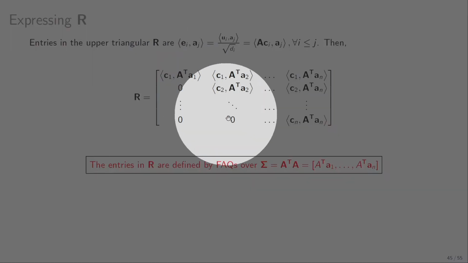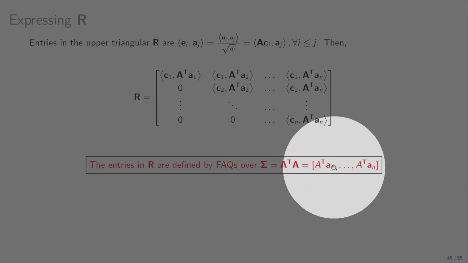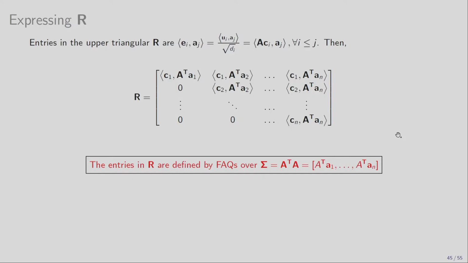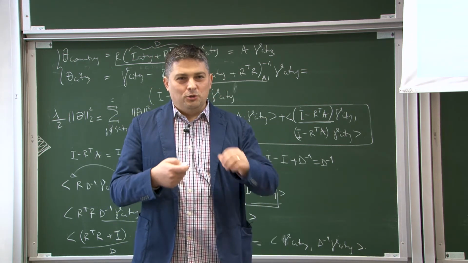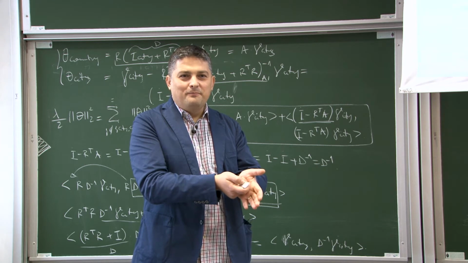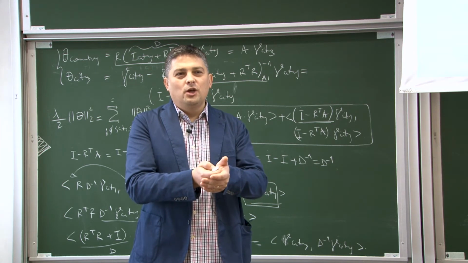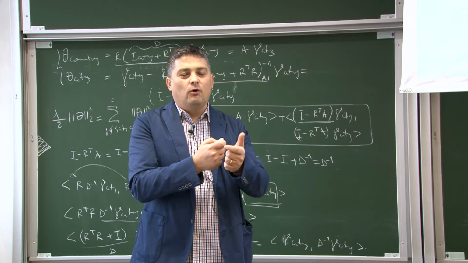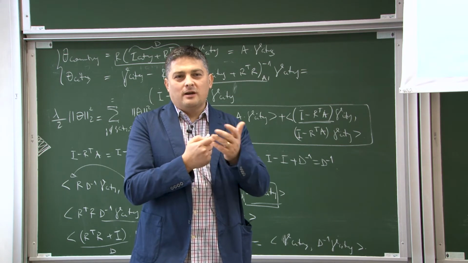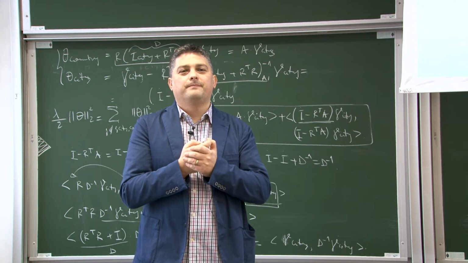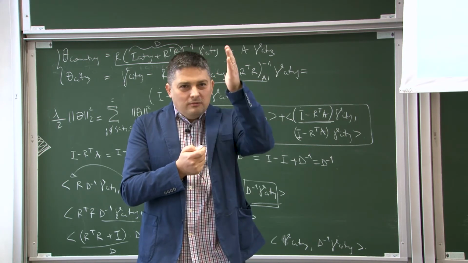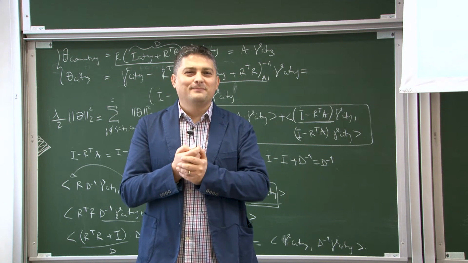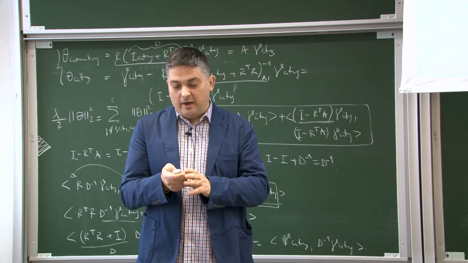Because effectively, our sigma matrix A transpose A is A transpose with A1, A transpose to An. And this is it. So we can compute R by not materializing A, but instead computing dot products of the vectors in A, which are given by our sigma matrix. So computing the dot product is actually cheaper than computing each vector in the dot product. That's the message to take away, I would say.